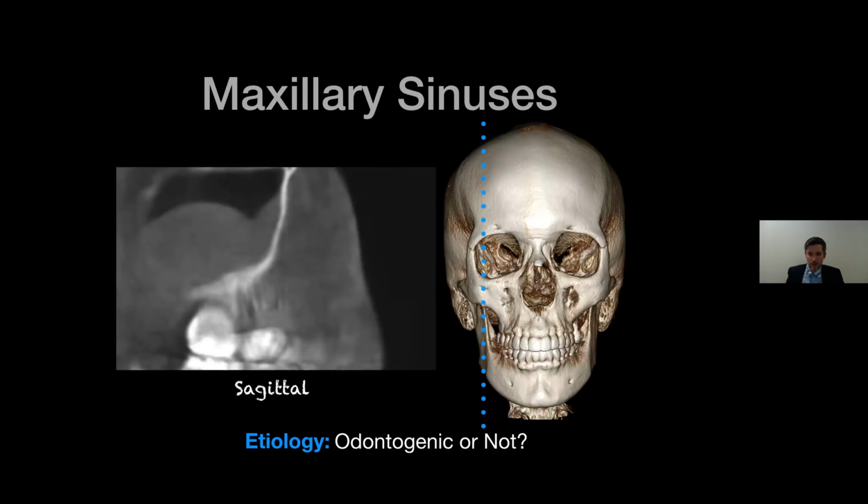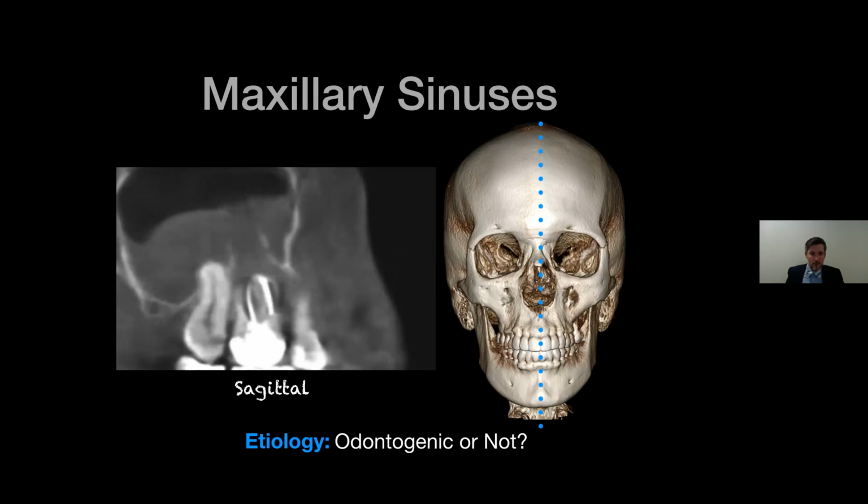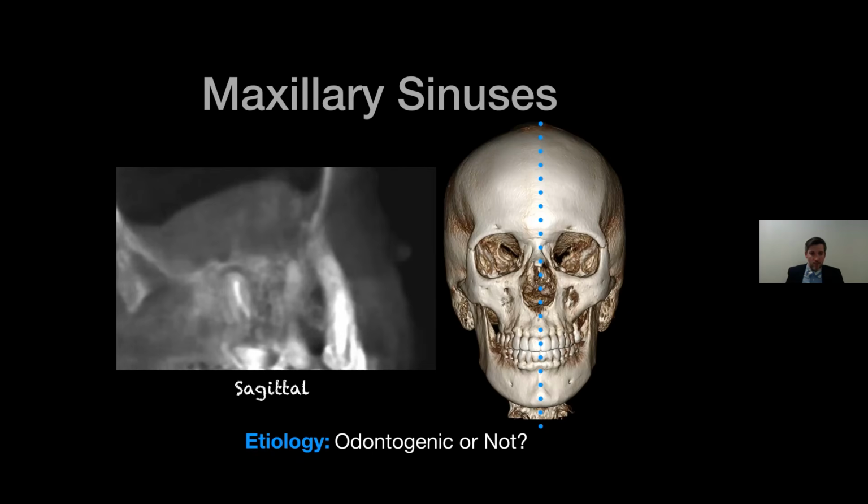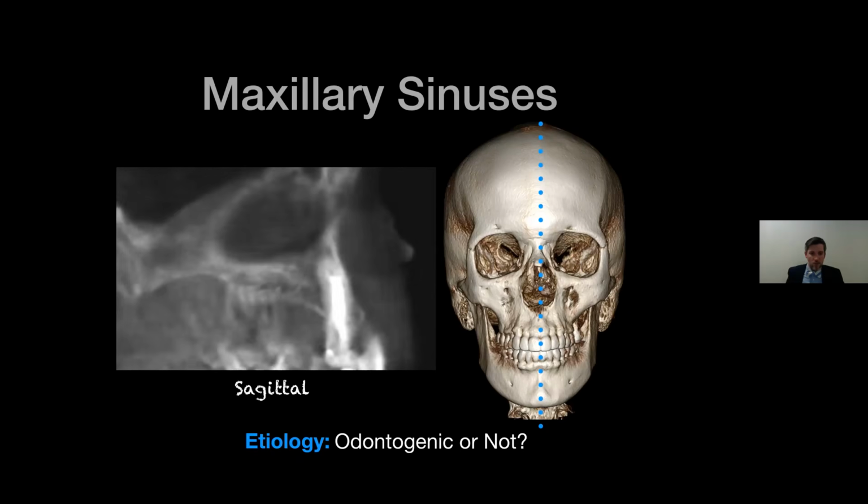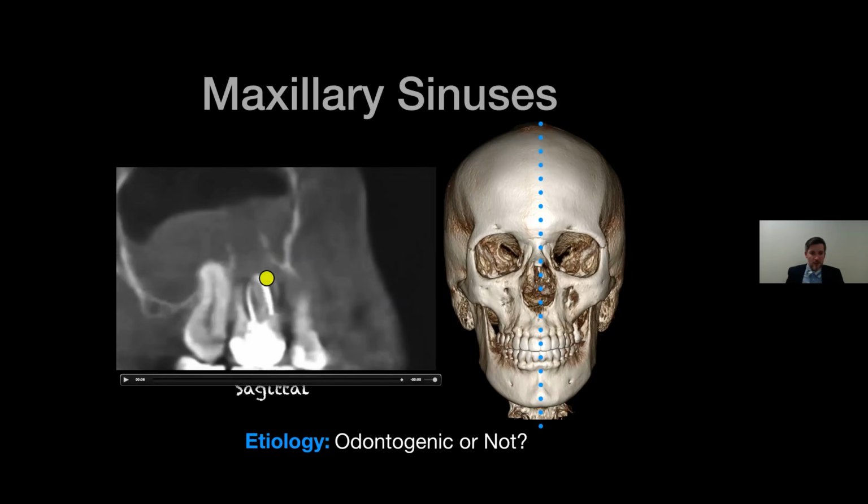Here's another example of looking at a sagittal view of the patient's right maxillary sinus. We'll be going from out and working our way in towards the midline. Just trace with your eyes the cortical bone and the sinus floor. And right there, we could see what was causing this inflammation. We see tooth number 3, it's been endo-treated. Here's the crown, here's the gutta percha and the roots.